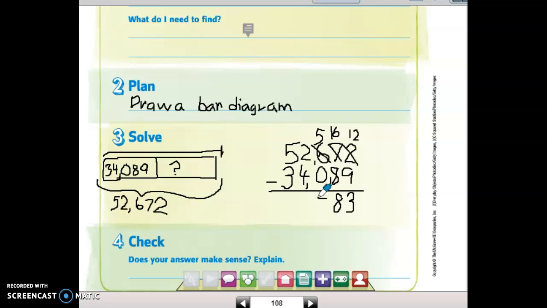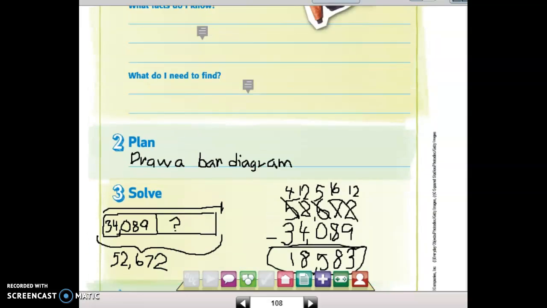5 minus 0 is still 5. 2 minus 4, can't do, regroup. 2 becomes 12. 12 minus 4 is 8. And 4 minus 3 is 1. So I've got 18,583. So now that I have my answer for my equation, I need to go back and put it